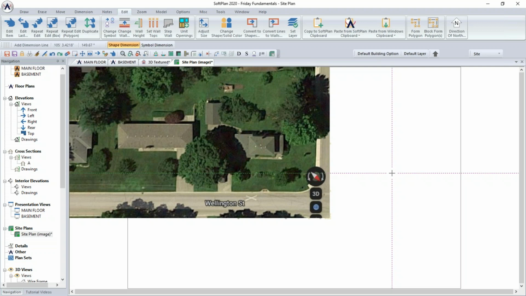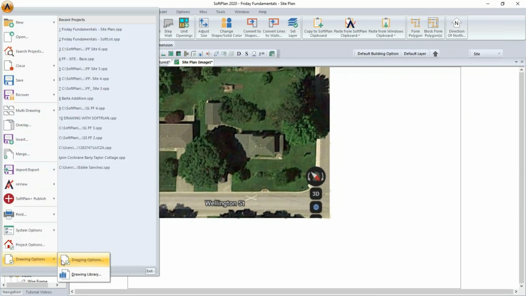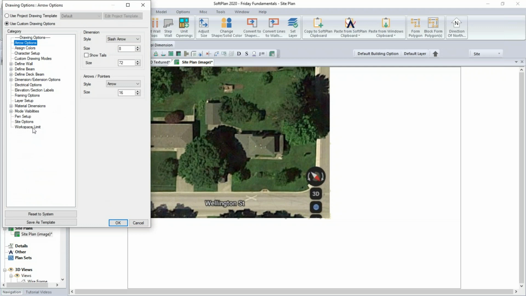Now the image is much bigger than my current workspace. The workspace is designated by the gray lines, or gray box. So I'm going to increase my workspace so I have more room to work in. To do so, File, Drawing Options, Workspace Limits. The default workspace, when you start any drawing in SoftPlan, is 210 by 140. And when we create a site plan, as we did, that is generating a building outline, the program automatically doubles that